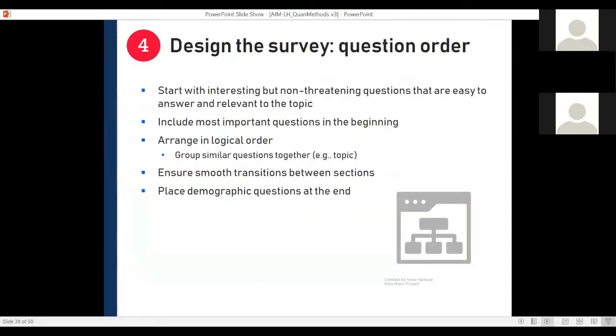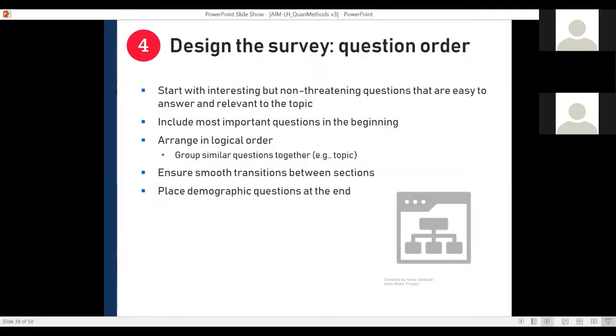Okay, so now that you've designed the absolute perfect questions, right? They're great. They don't violate any of those issues that we talked about. You really want to put all of your questions and map them out into your survey. So this is extremely helpful. This will help you see the logical order in which you have your questions.